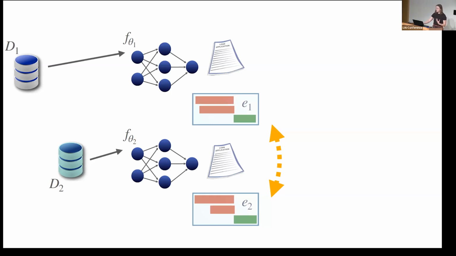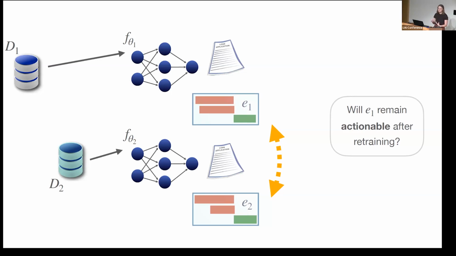In particular, the reason why we might care about this is because explanations should be actionable. If I get that original explanation because my loan was denied, it will guide my process towards how I want to modify my profile so that maybe I'll be approved for that loan in the future. So the thinking here is that if the explanation shift is drastic, if the two models are relying on really different features to make their decisions, whatever the original explanation said might be less likely to actually help me get the decision I want in the future if I'm making decisions based on that first explanation.